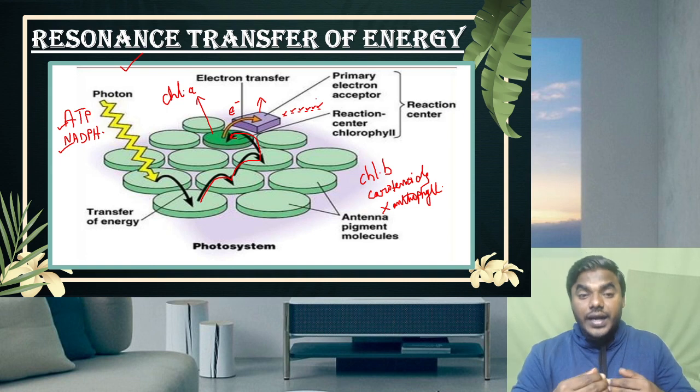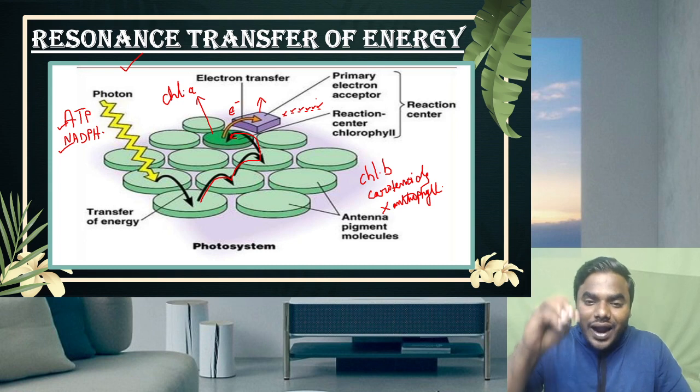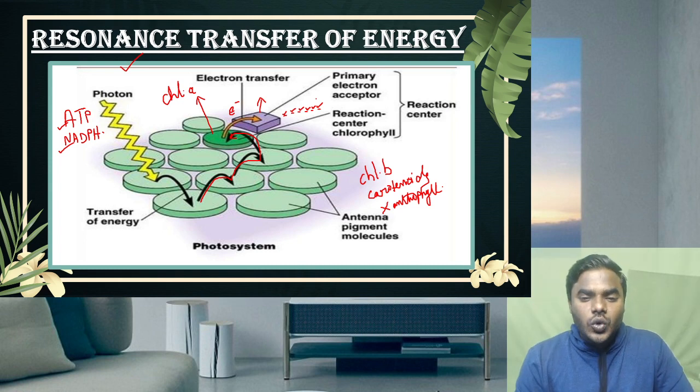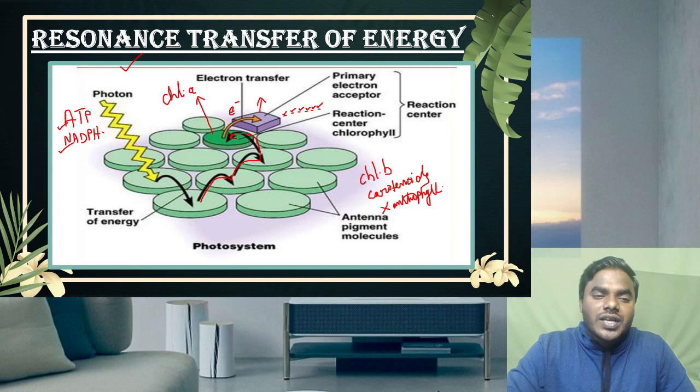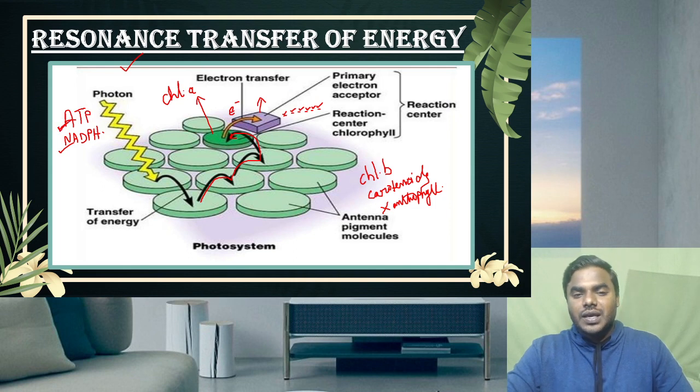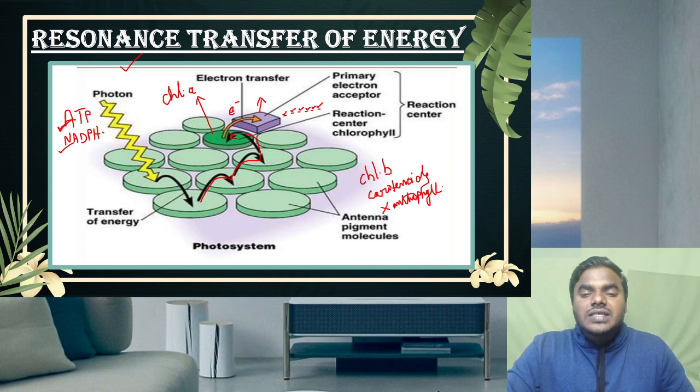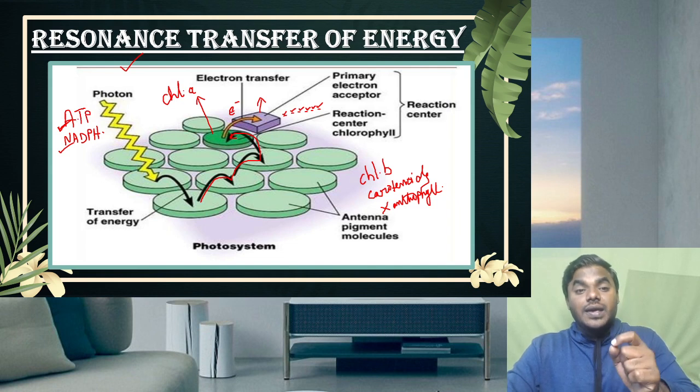What, my friends? It loses certain energy. That energy we can use for the production of ATP. So friends, once again remember, in the next slide it will be very clear to you. If you miss this slide, you cannot understand how exactly we are going to produce the ATP in the light